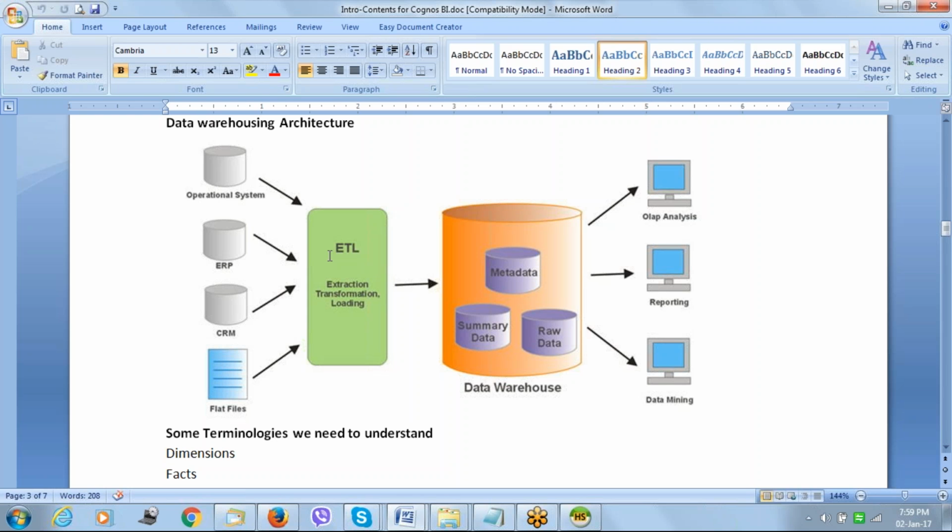So it should not be slow, it should be fast. So that is the purpose of data, the difference between a normal ERP system and a data warehouse. One thing. And another thing is, for example,